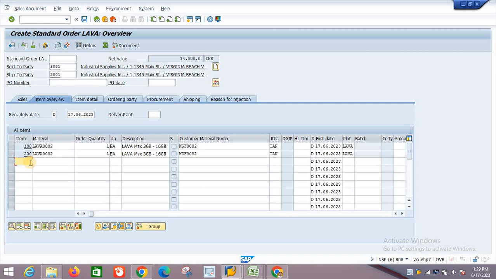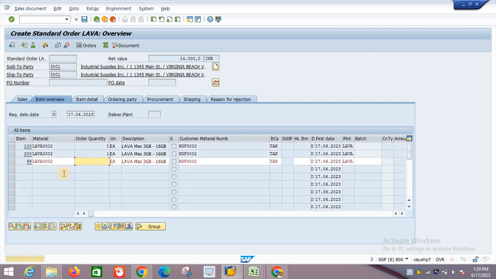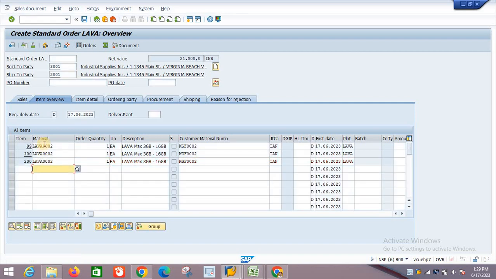So let's say I am the user and I want to add one more item at position 99 for another customer. So it will change the position and it will be there. Likewise, as per the business requirement, they can give the number range. They can shift or they can add in the sales order.